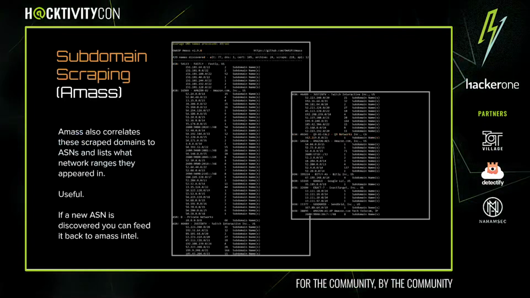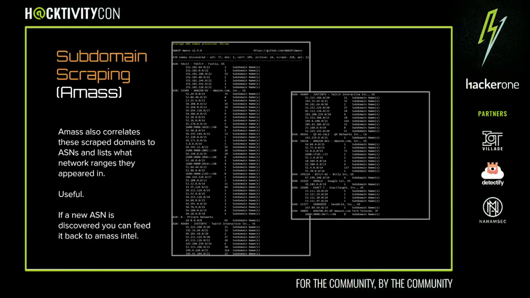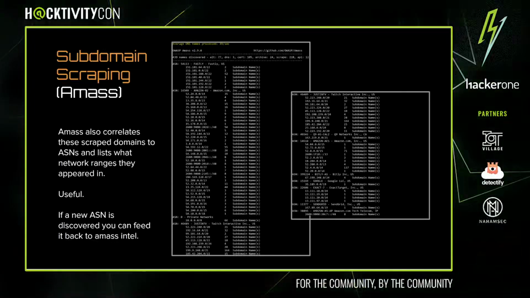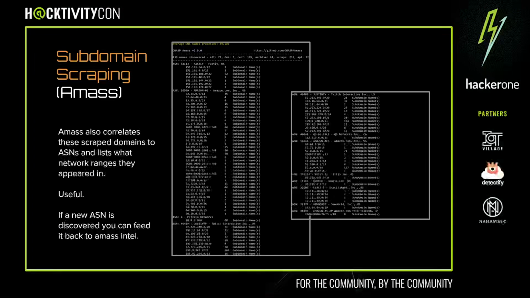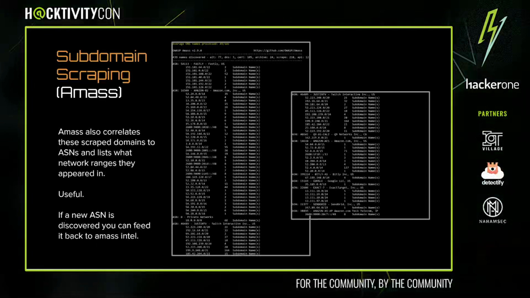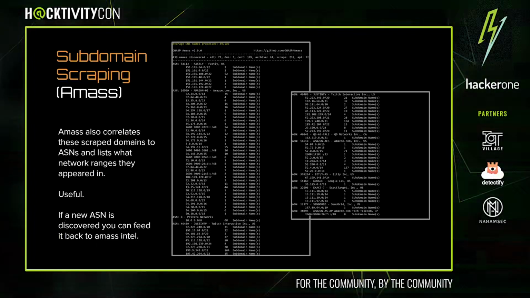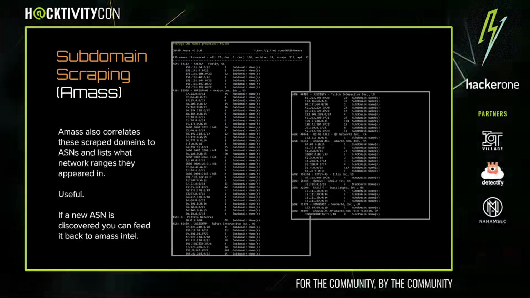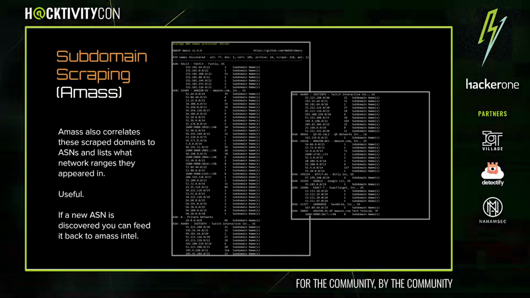Amass also does some awesome things with basically giving you a table at the end of an enum scan, which is really cool. And I think this table is super underplayed when it comes to bounty hunting, right? What this does is it gives you a really good feel of where these subdomains were found, what IP range, and what ASN they belong to, which is really useful for you as a hunter. I don't see a lot of hunters using this table to its full potential, right? So if we ran it here on twitch.tv,